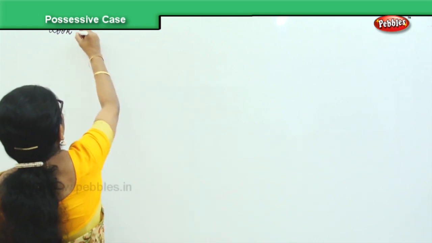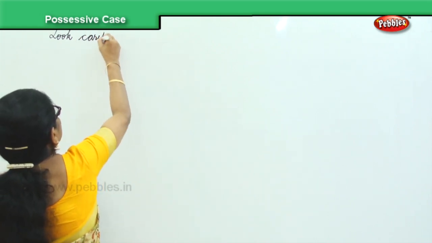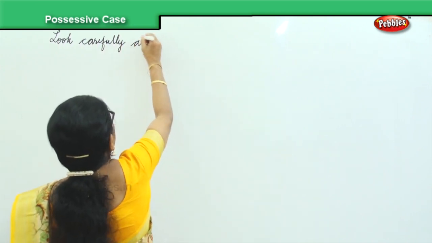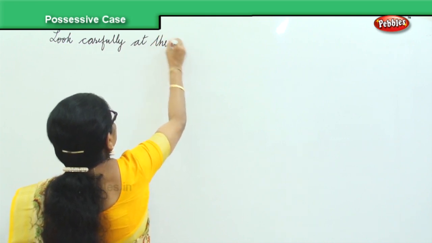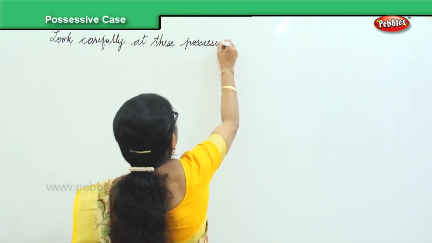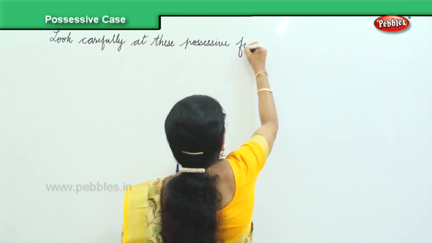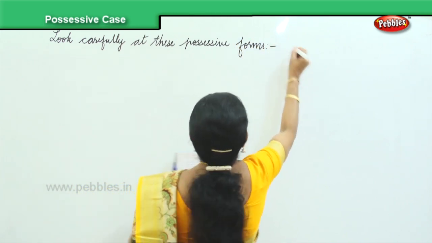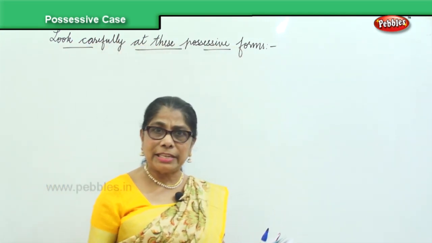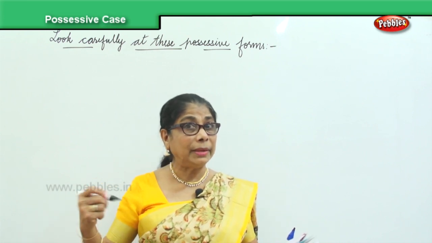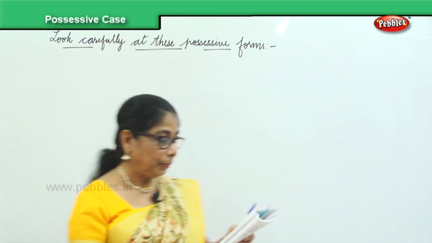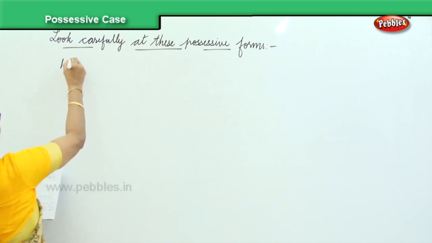Let's look carefully at these possessive forms. We know what is possessive form, but these sentences will help us to again affirm, oh, this is it. Now, the first sentence, the lion